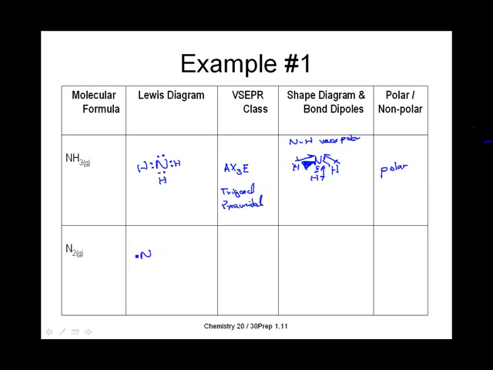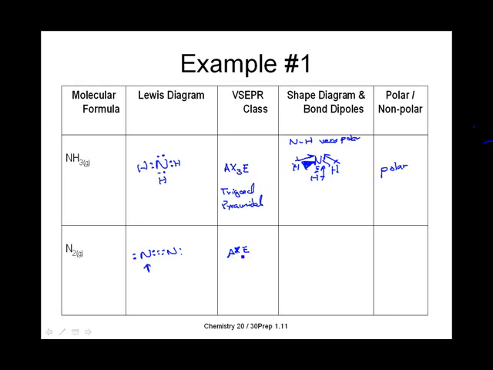For N2, it's going to be 2 nitrogens. They have a triple bond between them. In terms of our VSEPR class, we can choose either center. I'll choose this one. It's an AXE molecule. And what this really means is we have one lone pair, we have one